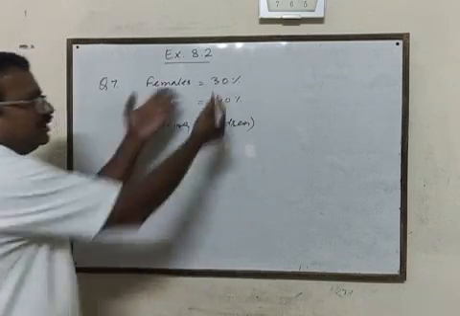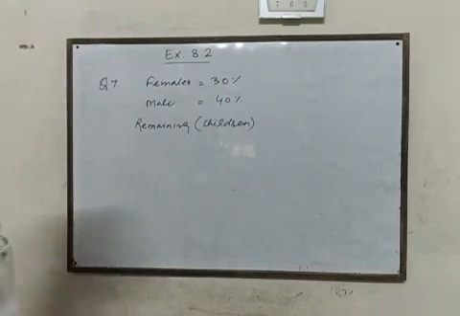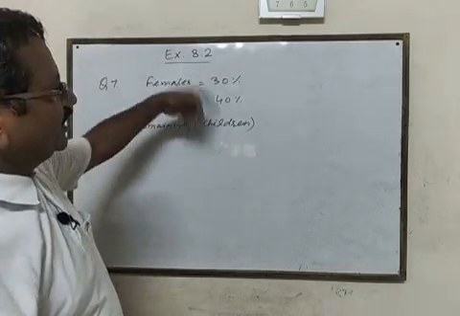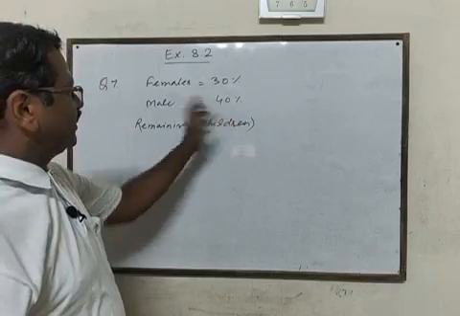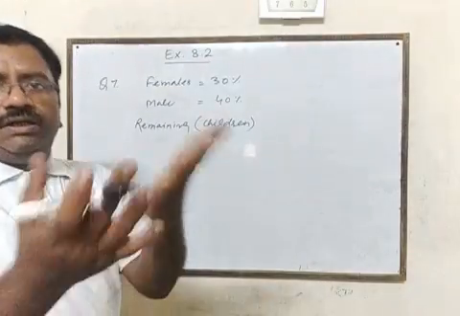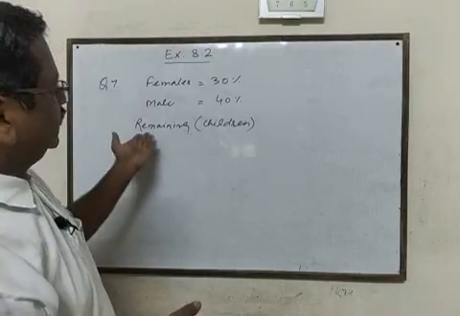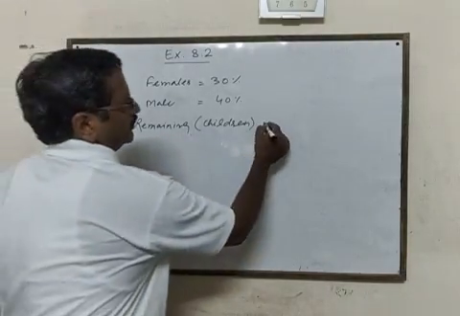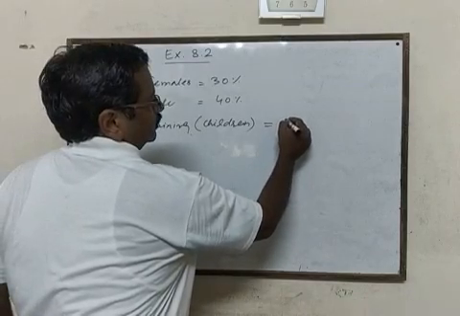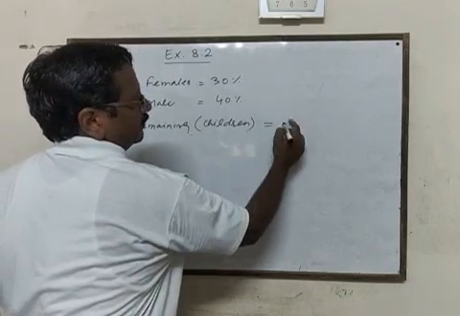So this is another way to understand the concept of percentage, that out of 100, 30 are female, out of 100, 40 are male, out of the same 100 the rest are children. So percentage of children will be total 100 minus